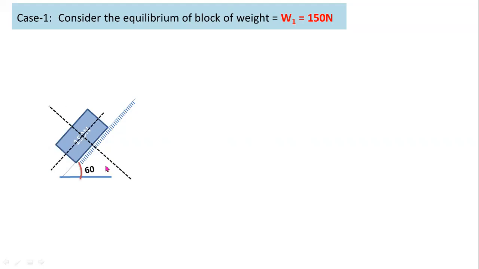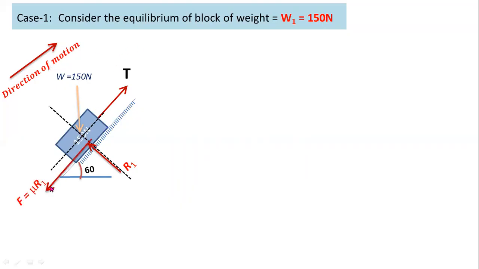These two are the reference axes. Already we know that self weight always acts vertically downwards. This is the normal reaction force. Normal reaction force always makes an angle of 90 degrees with respect to the support. After that, you have to consider tension in the string. After that, you have to consider direction of motion. Here the direction of motion is the right side, so you have to consider downward frictional force. This one is the opposite force. Now you have to consider these four forces for the free body diagram.